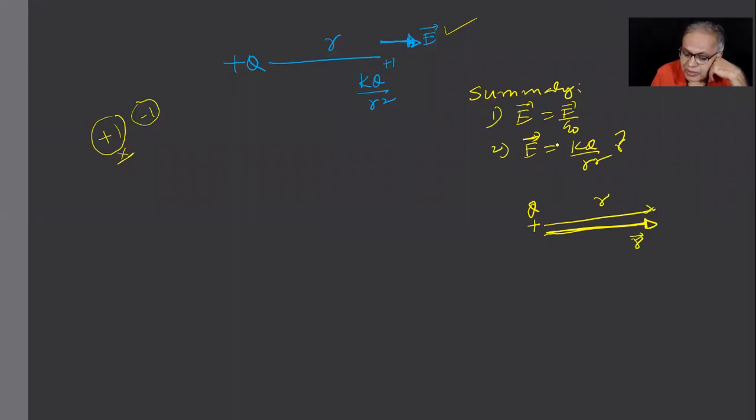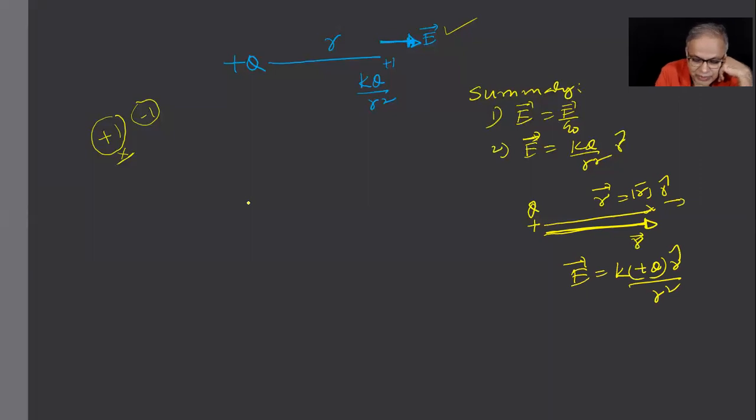Now, in that case, you write the E with a sign, like I told you for forces, K into plus Q into R cap by R square. So, direction of E will be in the direction of R cap. This R bar equals mod R into R cap. R cap is away. So E direction and R cap direction is one and same. But if I have a minus charge here, R should be still away from it. Try to understand. R is always away from the origin. So I'll write E bar equals K into minus Q by R square into R cap. So E is in the direction of minus R cap.